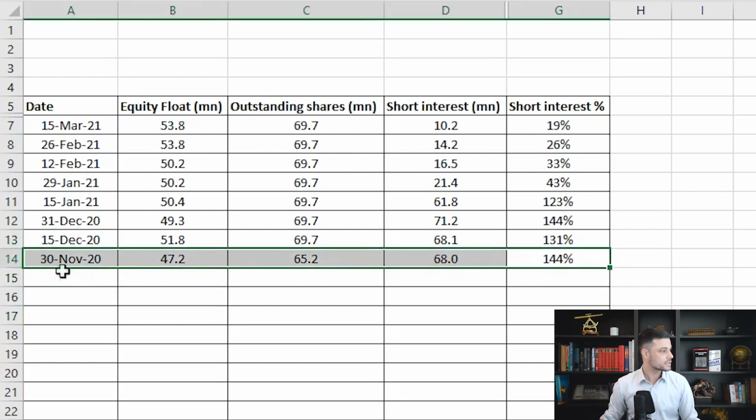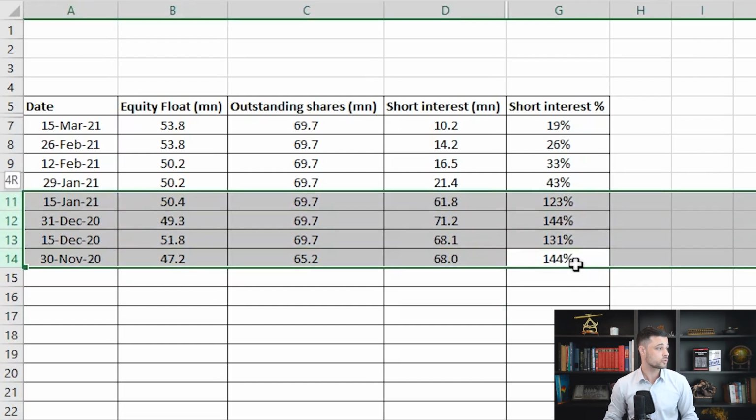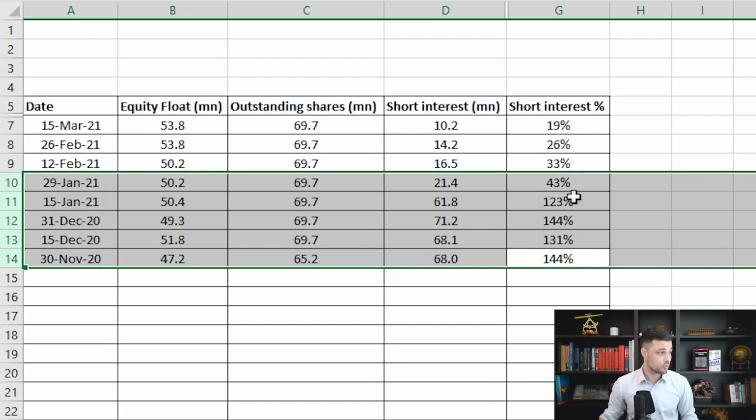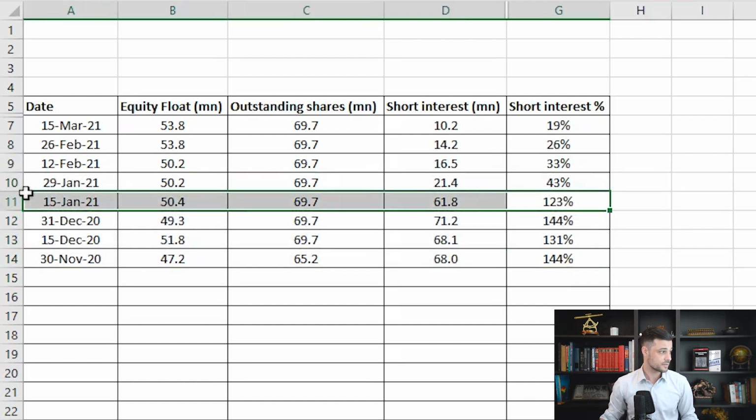Here, you can see that the short interest was around 145% in November and that it went to 120% in Jan. Here, guys, we had this massive short squeeze, all right? So you can see the short interest went from 120 to 40%, all right, in January between the 15th and 29th. And this is when GameStop traded at 418. So guys, this is correct data. Many of you are asking me, is it good or not? Like, can I trust this data? You can, guys. I cross-checked this data with different systems, and I can tell you that this data is correct.